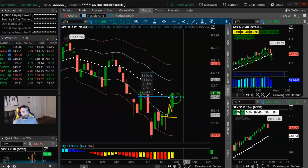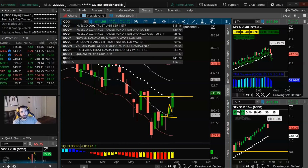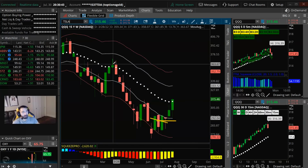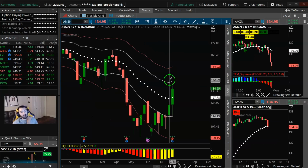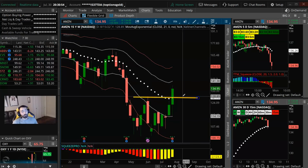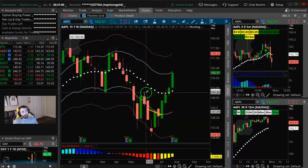Really big stuff here. The S&Ps last week got the first weekly close above the weekly 21 EMA since March. QQQ gets the first weekly close above the weekly 21 since March. Tesla closes above the weekly 21 EMA for 2 weeks in a row. Amazon, huge pop on Friday, up almost 10.5%. We're back above the weekly 21. And then Apple, one of the stronger names in the market, 2 weeks in a row back above the weekly